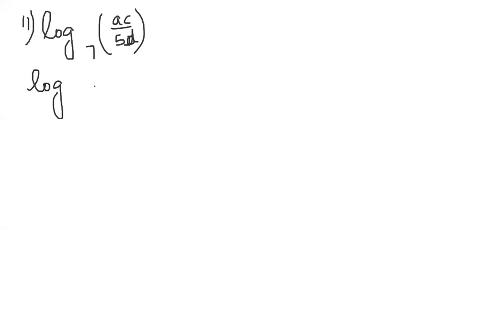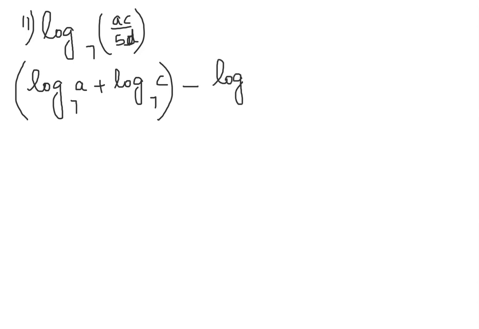So number 11, we have log AC over 5d to the base 7. You remember we have 2 properties for the numerator and for the denominator. So I'll show you. First, apply the product rule for the numerator. So that base is 7 minus log of the denominator. So I'm going to put the log 5. Okay, minus